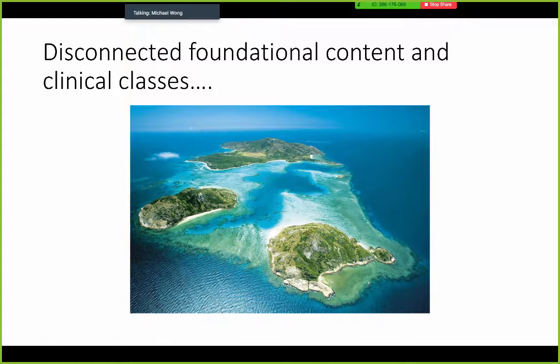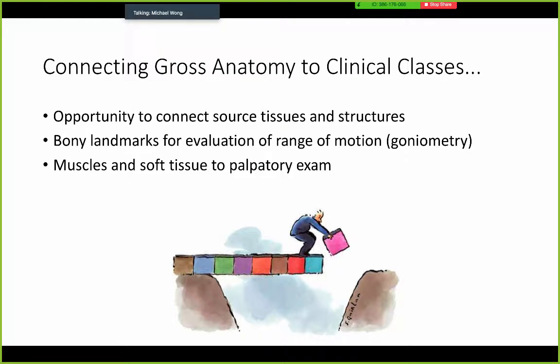So we found that in the early years, a lot of our students were very disconnected. A lot of the foundational content was disconnected from the clinical classes. They were too far separated. Us instructors had not communicated well on how to bridge that gap. And so one of the things we tried to do was the gross anatomy instructor said, hey, can you help us link to some of the clinical classes to make gross anatomy more engaging and actually to pre-expose the students